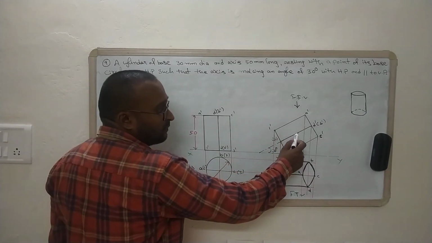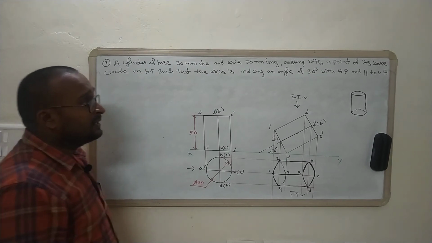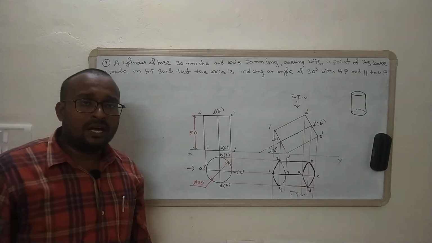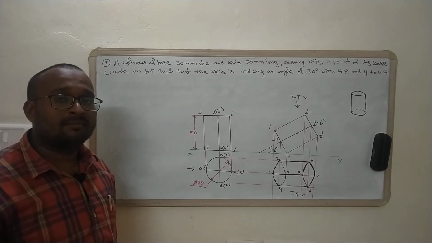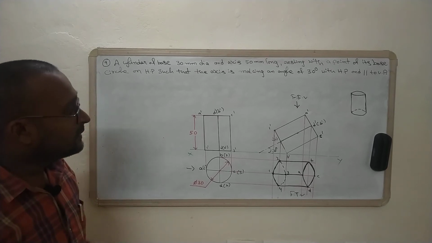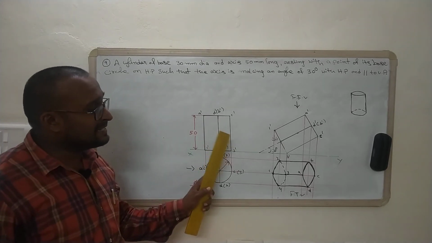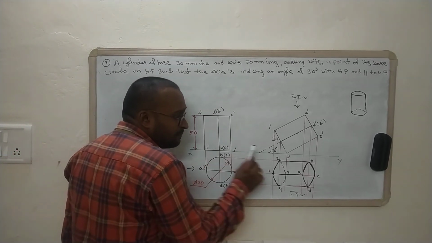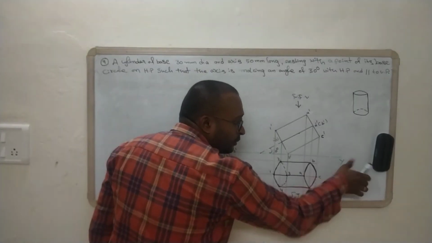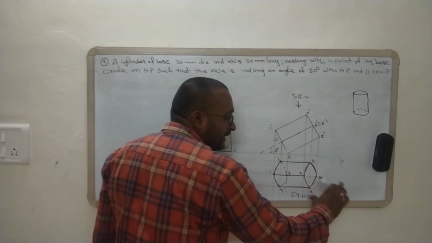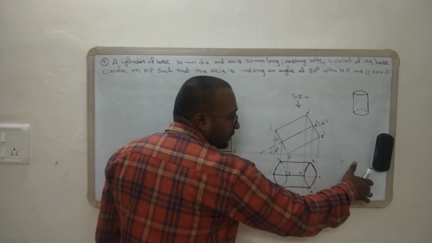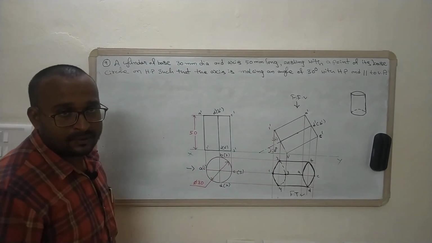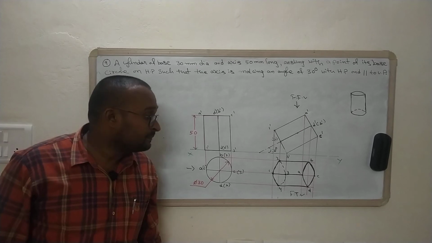So this is the finalized front view and finalized top view of the given problem. So that's all about the projection of solids inclined to one plane. By the next class we will discuss projection of solids when the axis is inclined to both the planes. In those problems we will have a first step, a second step, and then it is going to be rotated again at an angle of 30 degrees or 45 degrees, whatever it is, so that there will be a third step. So, 1 to third step, right? So thank you so much.